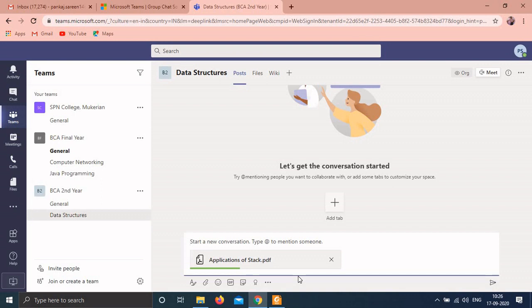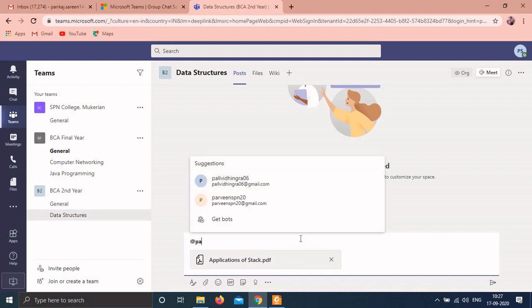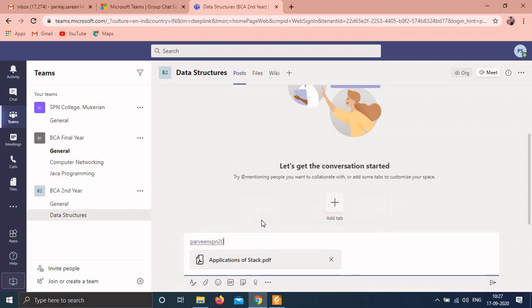Just wait for a while, the processing will take some time. Meanwhile, you can start a conversation with anyone. If you want to mention anyone, you can type @. For example, I want to mention Parveen, so see, I can mention his name. If you don't want to mention anyone's name, you can simply set any message.